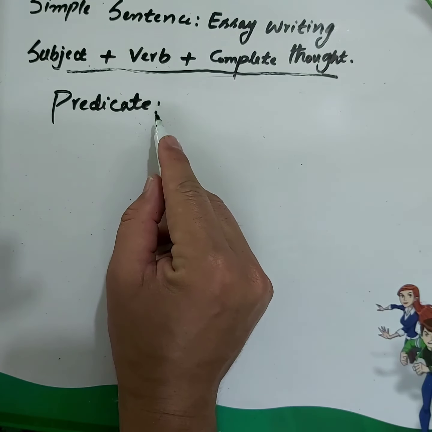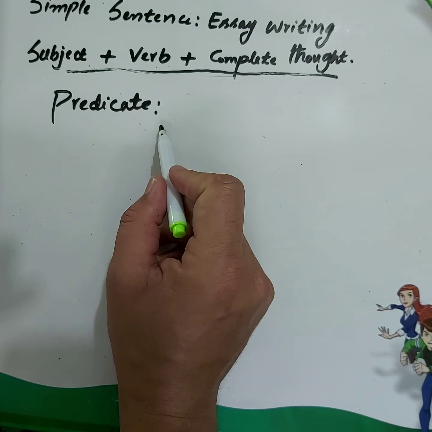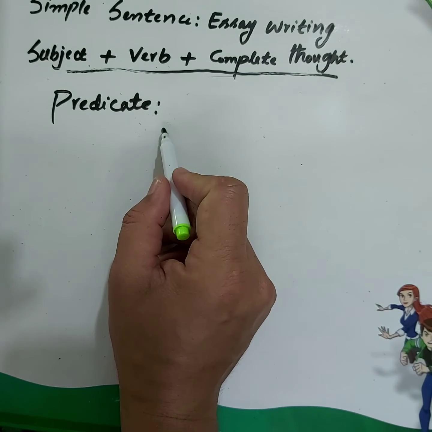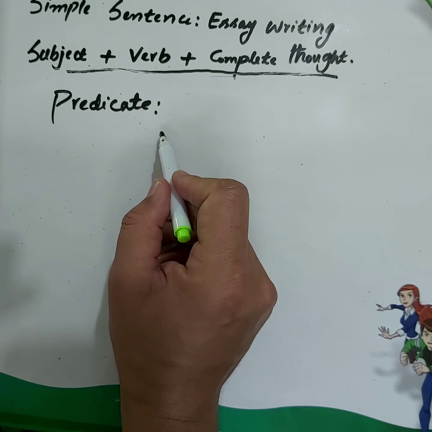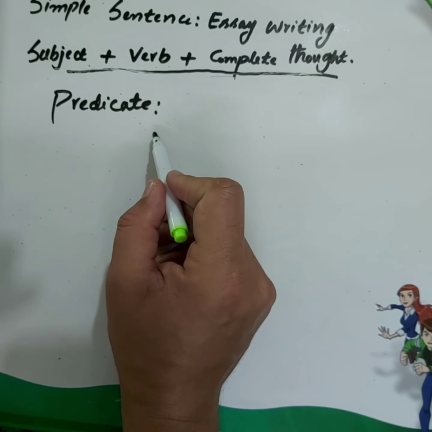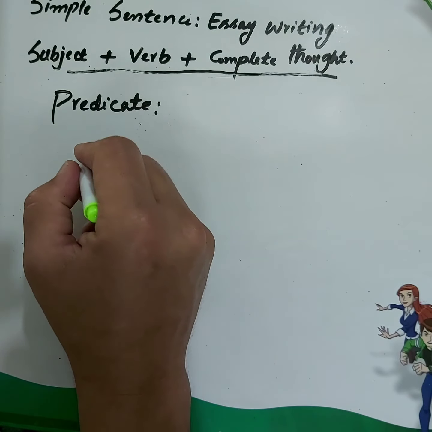Students, what a predicate is? A predicate is a part of a sentence which makes a claim about the subject. It contains the action performed by the subject. From a very simple example,